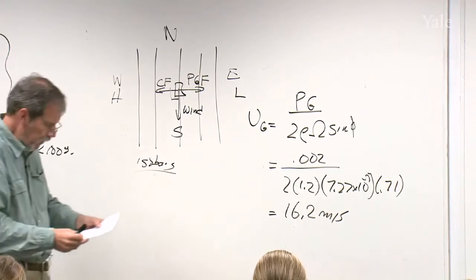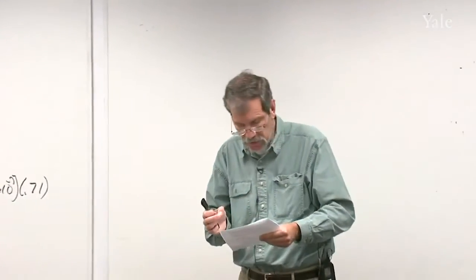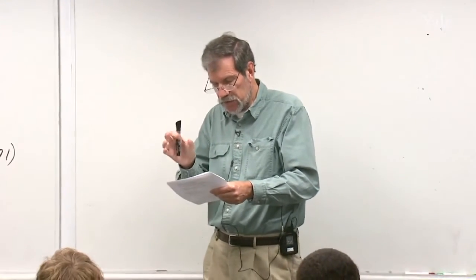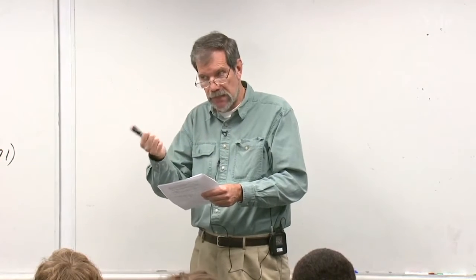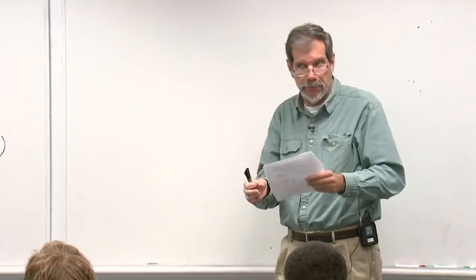And for part C, again, what you've assumed is geostrophic balance, which says that the Coriolis force and the pressure gradient force are equal and opposite. That is the definition of geostrophic balance. Yeah? Is the rotation